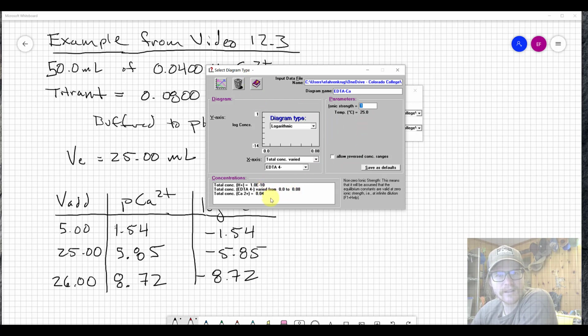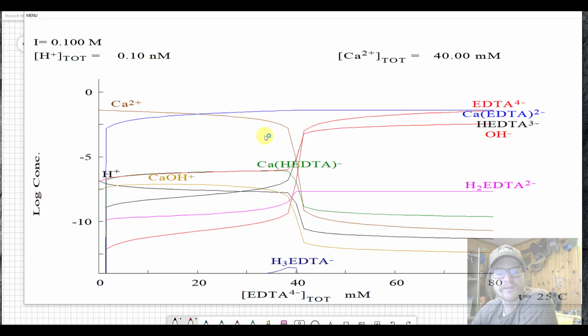So I think everything else should be the same and look good. So I'm going to click Make Diagram. It's going to compute that. Yep, and that looks good. Okay, so what we're looking at here is log concentration of calcium on our y-axis instead of negative log concentration. So our titration curve looks inverted just simply because the y-axis, the scale, is negative instead of positive,